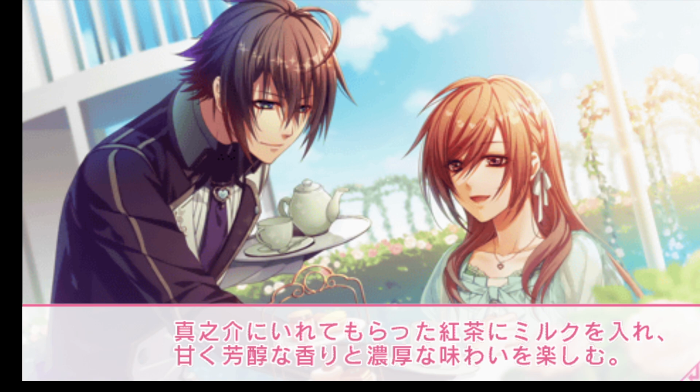Okay, I understand. And then we have the final one, ni milk o ireru. So I guess it would be like: the black tea I have received from Shinosuke, I'm putting milk into it. Yes, absolutely. So ni, as you could have guessed here,